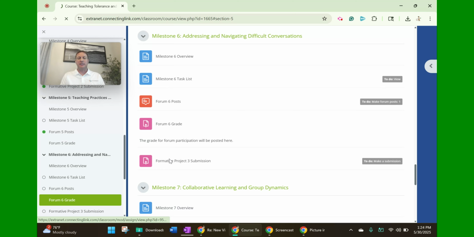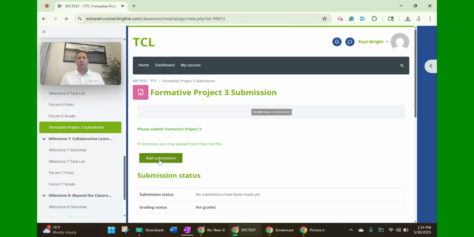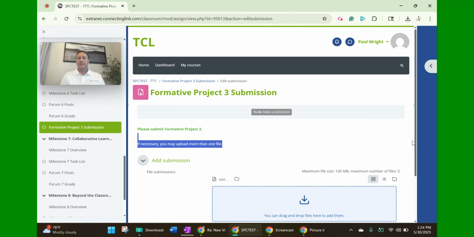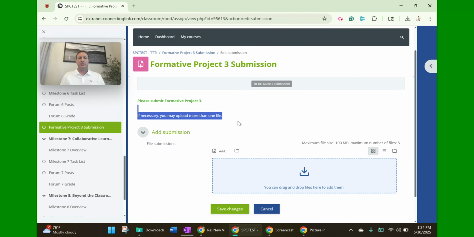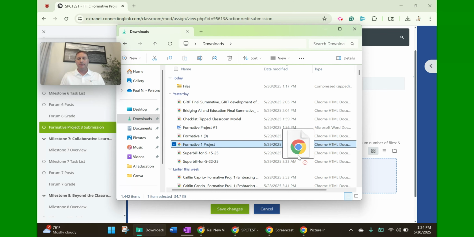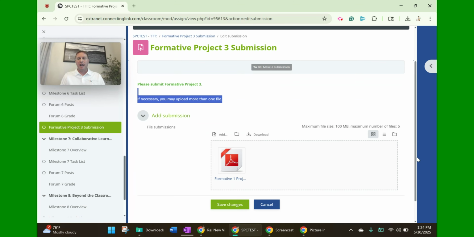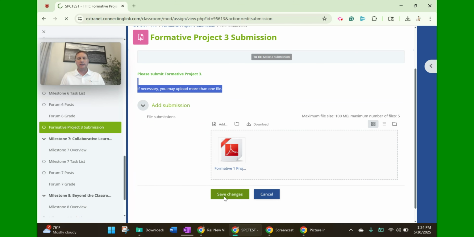I'm going to click on this link here, and you're going to see right where my cursor is, it says Add Submission. I'm going to click on that, and now a box is going to upload here where you can simply just drop your project right in there. I'm going to come over here, drop my project in. It shows that it's uploaded. I'm going to click on Save Changes,